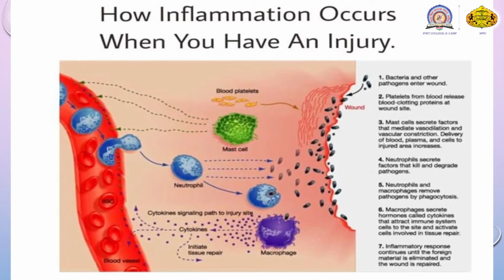So in this picture, the example is given of inflammation of an injury caused to the skin. Toward the right, you will find the skin has been damaged, maybe by a cut or by an injection. So what happened here? The microorganisms, soil particles and dust particles which are present here got entry. At first the wound is caused, and along with that wound, those particles, bacteria and microorganisms got entry.